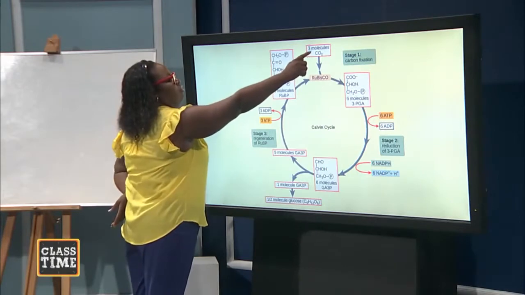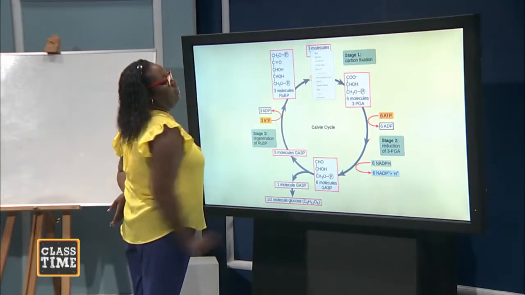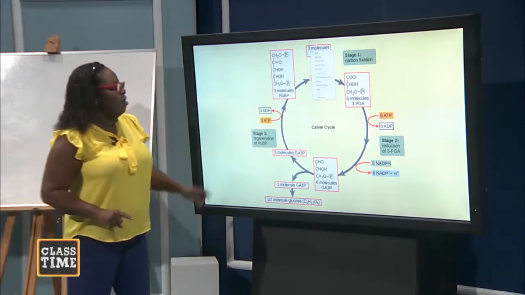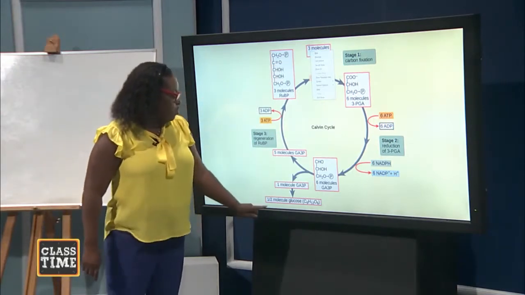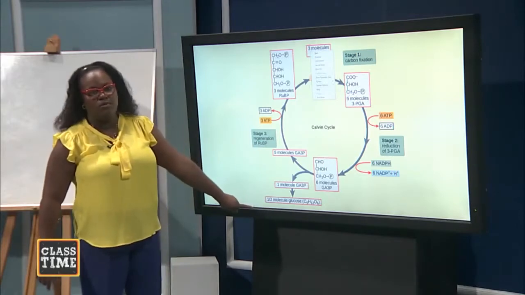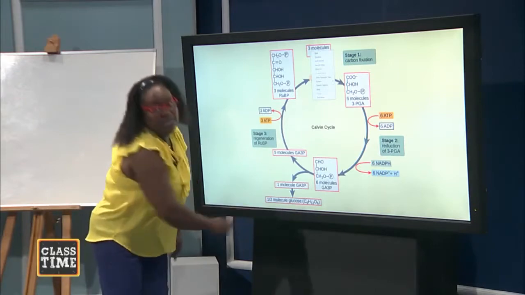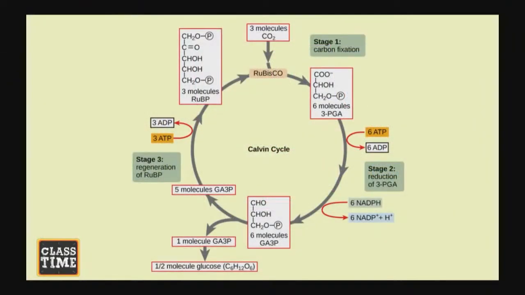Because you only used 3 carbon dioxide molecules, all right? Sorry, 3 here. So therefore, you can only make half of a glucose molecule. Remember, glucose as a molecule has 6 carbons in it, all right? So therefore, if you have 3 carbon dioxide being used up, you can only make half of a glucose molecule. And that really doesn't exist. So what happens is that this reaction goes through several times before